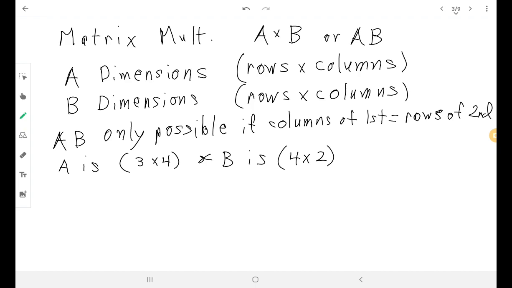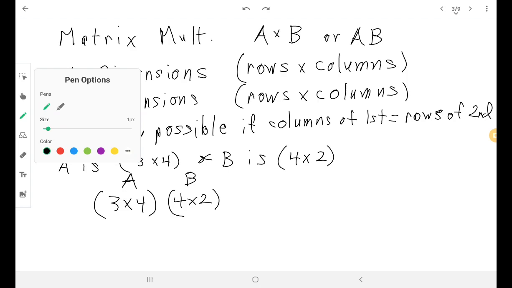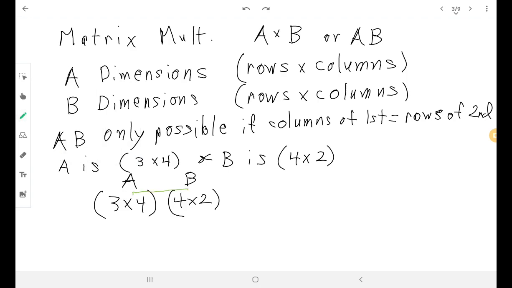For example, if we have A as a 3 by 4 matrix and B as a 4 by 2 matrix, that means we're doing a 3 by 4 matrix times a 4 by 2 matrix. So we're going to do A times B like that. So what you do is you check the inner dimensions, the ones right next to each other. If they're the same,